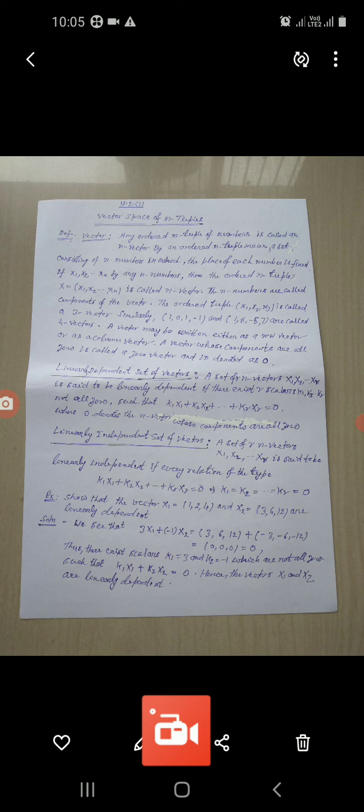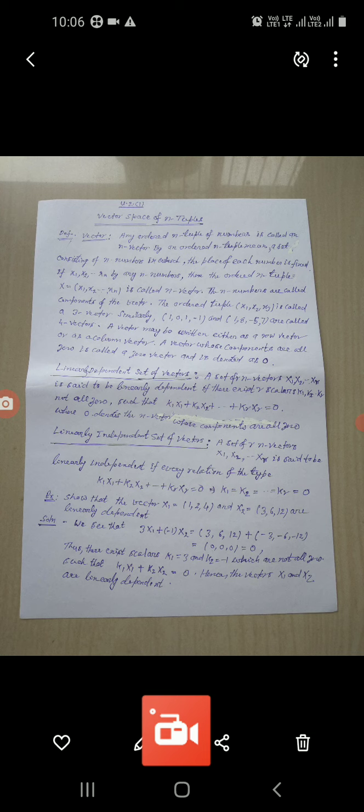A set of r n vectors, where n vectors means there are r vectors and each vector has n components, x1, x2, xr is said to be linearly dependent if there exist r scalars k1, k2 up to kr which are not all 0,